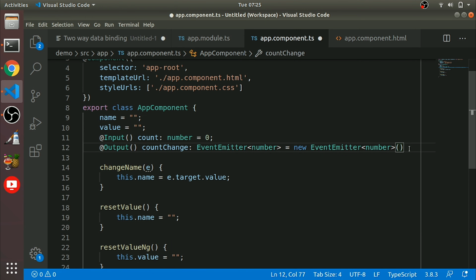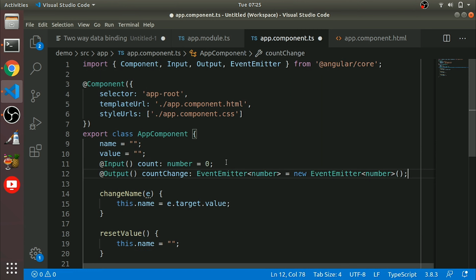Done. So what we did here, we have added one input property count and the corresponding change event countChange. It is an EventEmitter of type number.